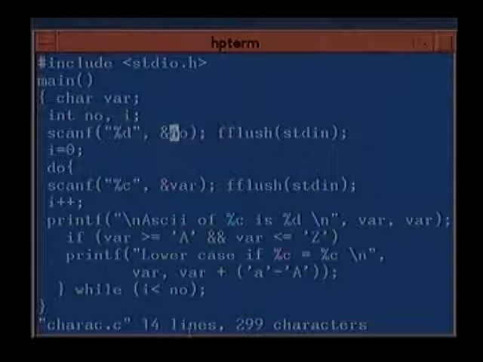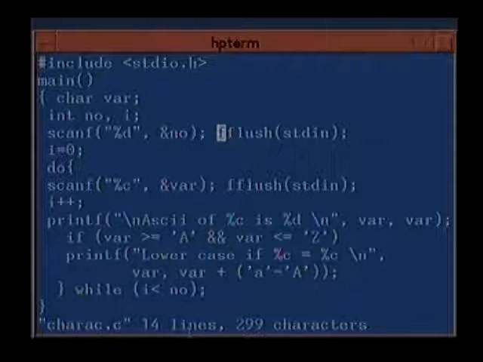Now when we enter a character, we will be entering the character and then pressing the enter key. So both the character and the enter will be stored here, and unless we flush this, for the next scanf which occurs, the enter character will be taken in. That is why we flush this one to clear out the input buffer. There are other commands to read in characters called getchar, which you can have a look at in the books, and we will also see in some examples later on. But first let us see how we will do it using scanf.